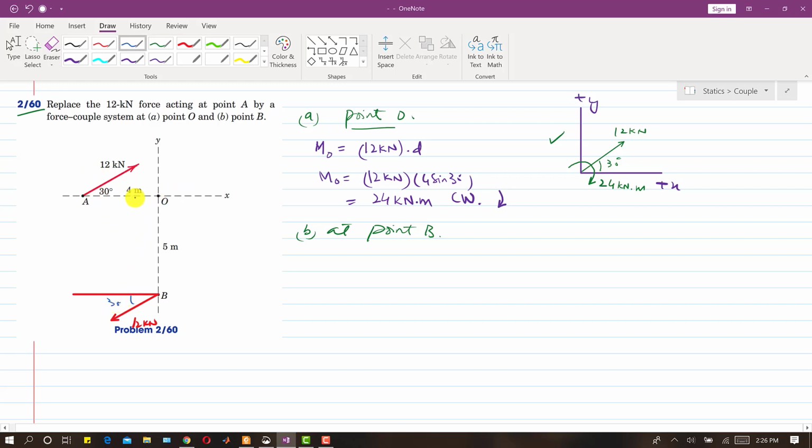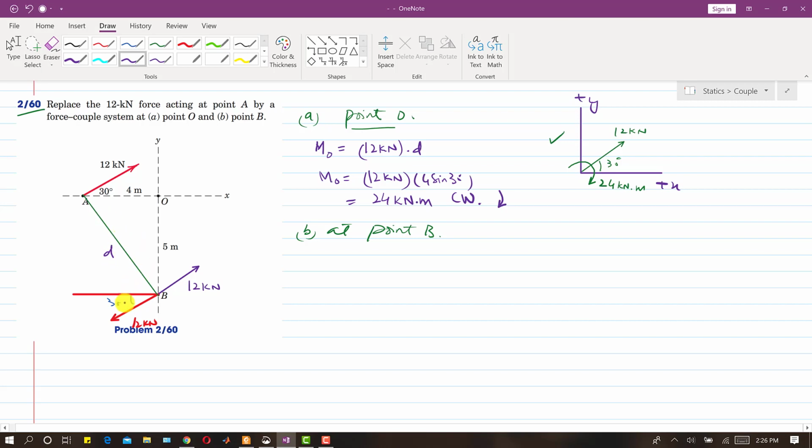And the perpendicular distance between these two forces. So let me join this B point or this A point with B. We also need to draw another force in the opposite direction. So we will draw this force also, and these forces should be in one line. These two forces should be collinear, right? And the magnitude of this should also be equal to 12 kilonewton. And this is the perpendicular distance between the two.